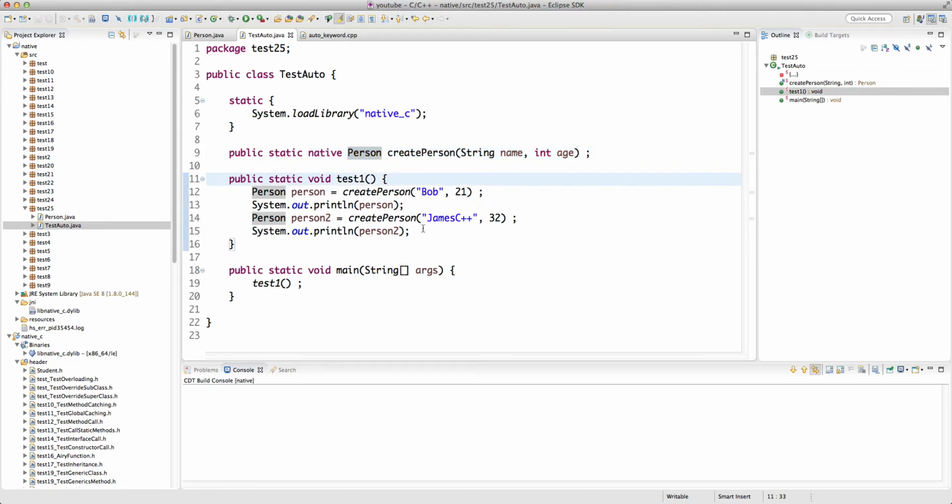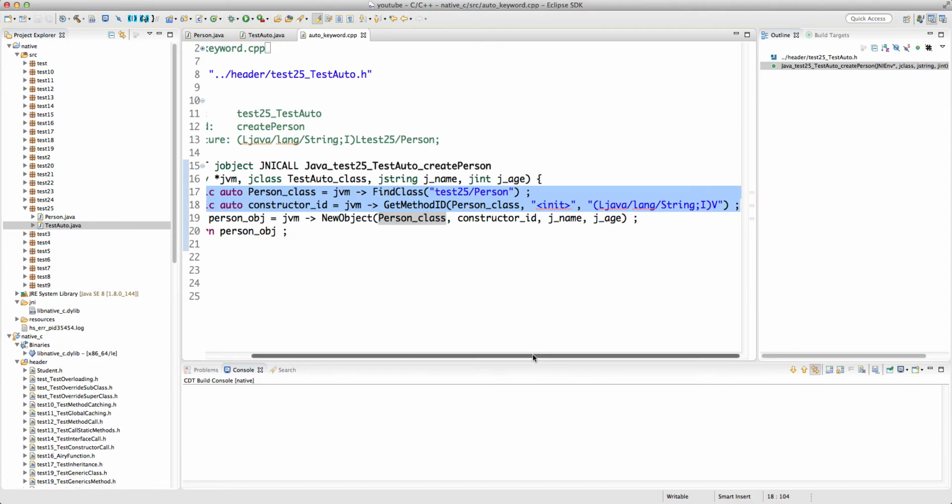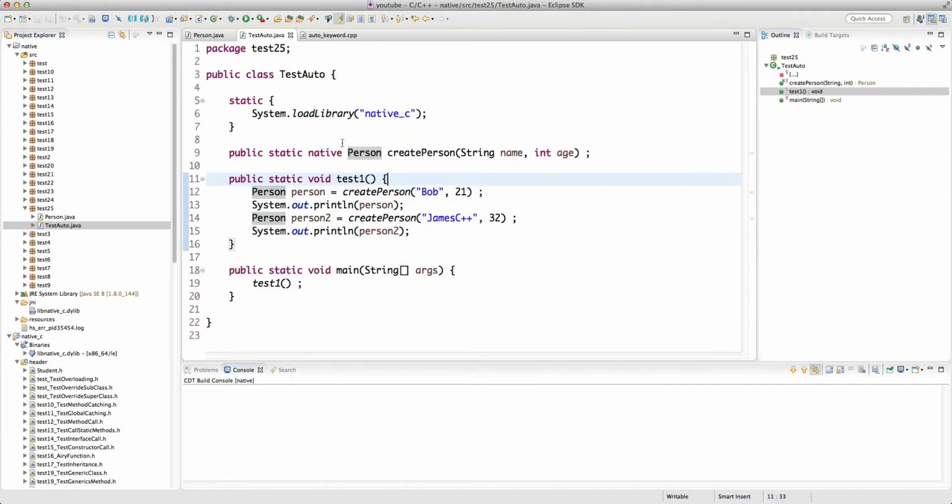So for the implementation in C++, we cache the class ID, the jclass, and then the constructor ID, and a constructor is just a special method. The name is init, and then we create the person, and note that I'm using auto in all places, and then we return the object. So the type is already inferred. This person class is a jclass, and this constructor ID is a jmethodID, and this person is a jobject, as we expect. All right, but then once we ran the Java, we created an object